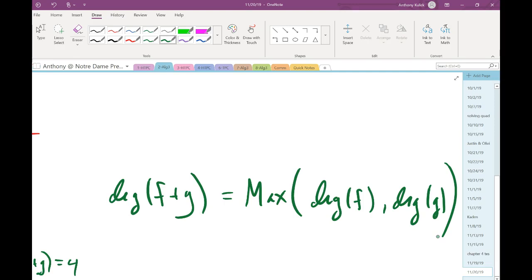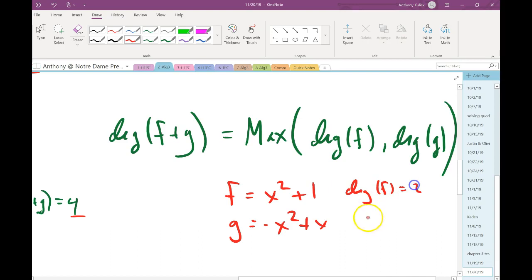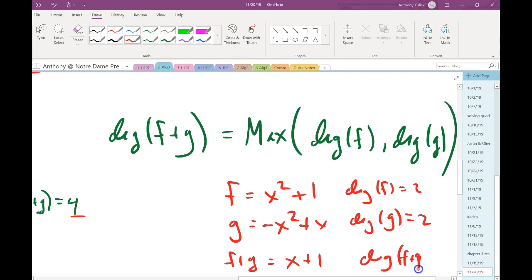It could be smaller. Let's see an example. Let's say f is x squared plus 1, and g is negative x squared plus x. So here I have a degree 2, and here I have a degree 2. When I do f plus g, what do I get? I get x plus 1, right? Everybody agree with that? Which is a degree 1,